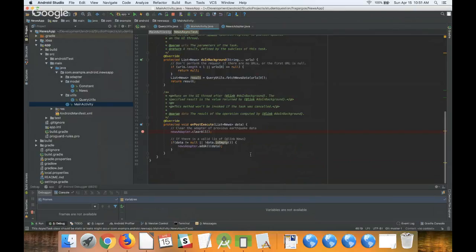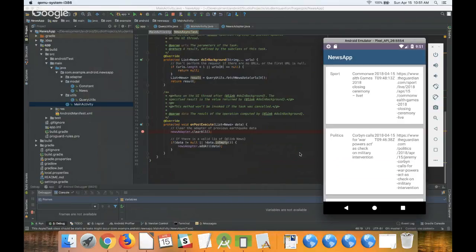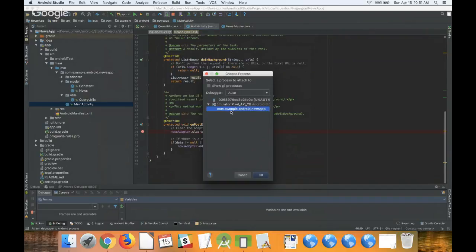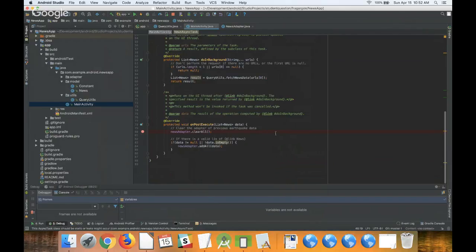There are two ways to attach the debugger. One way is when you have the app running, you come to this button here and attach, then click OK.